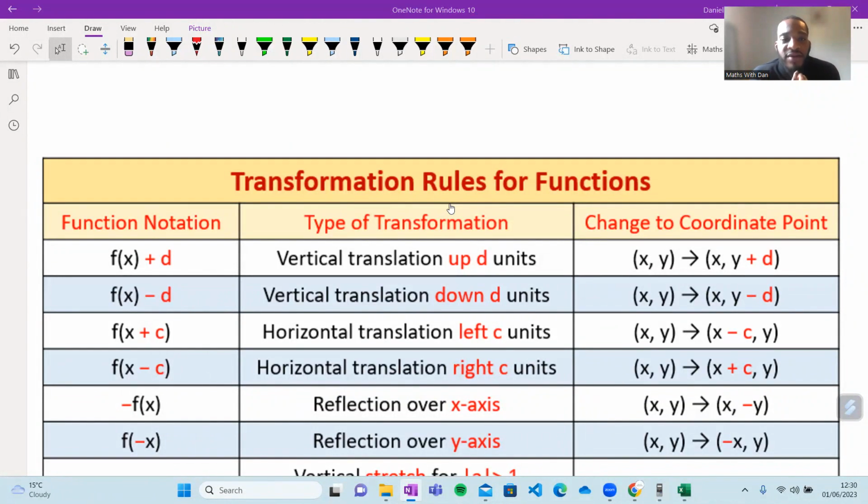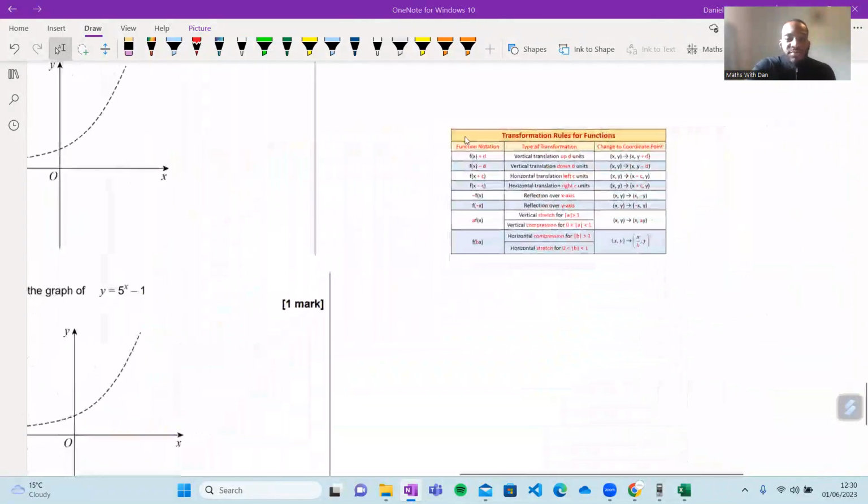Now for this type of topic, graph transformations, what you need to do for the exam is know these 10 out of 10. You need to know all of these, how they work, and which ones to use when you go into a question. You need to have these the way you know your phone number. So what we're going to do is do the question and use these rules. So let's go to the question again.